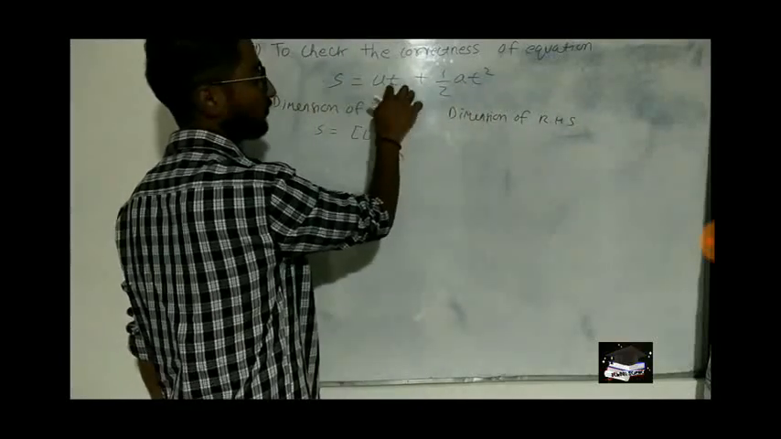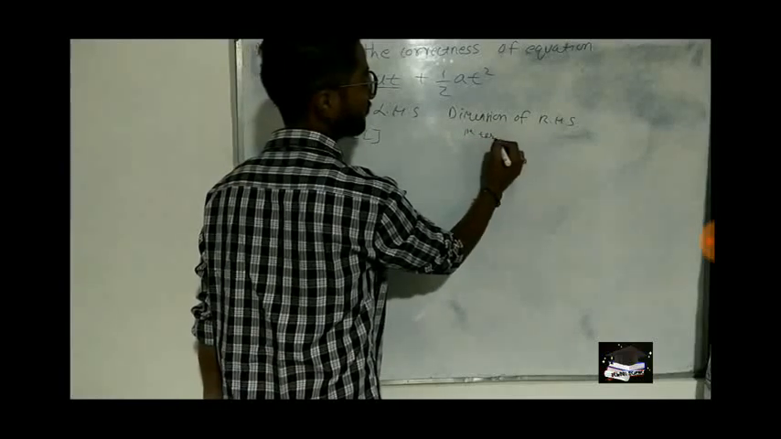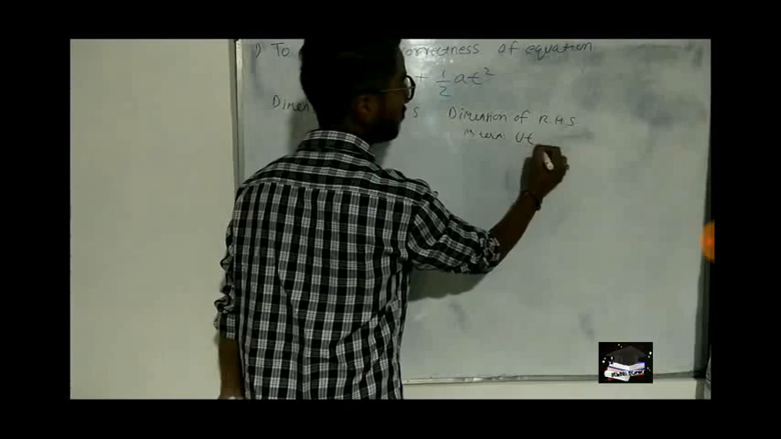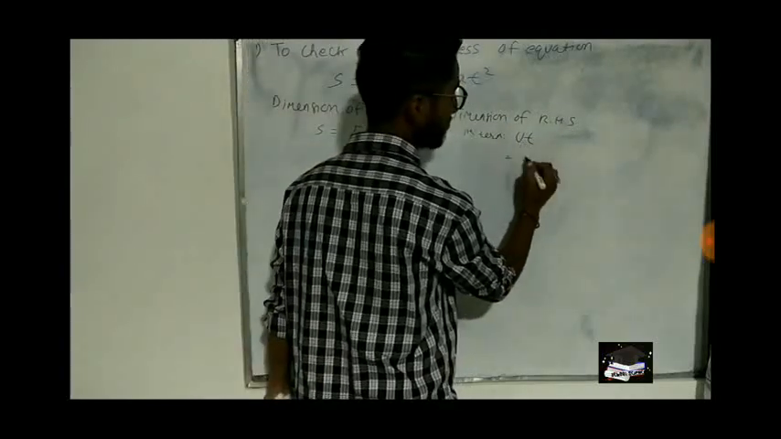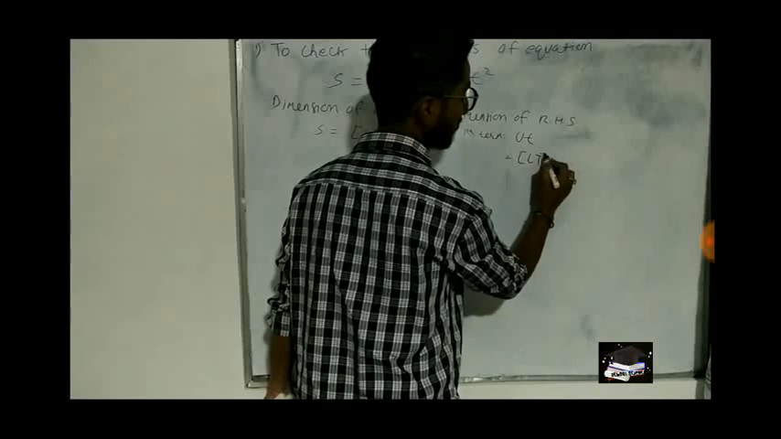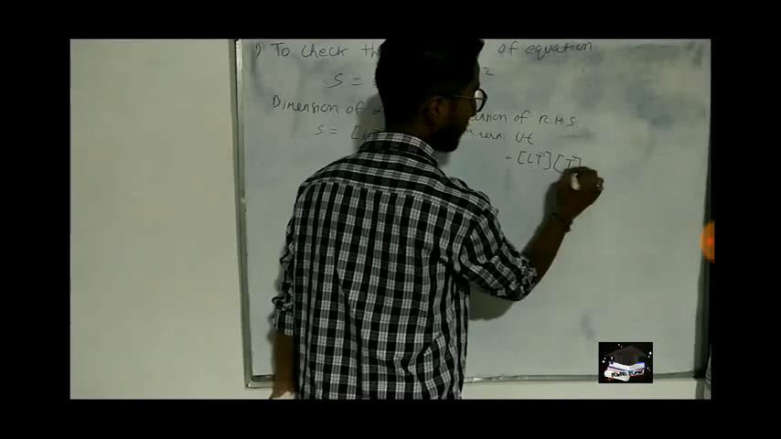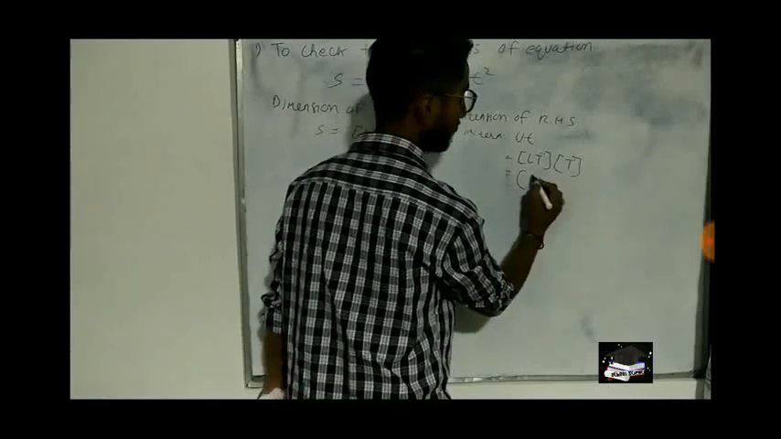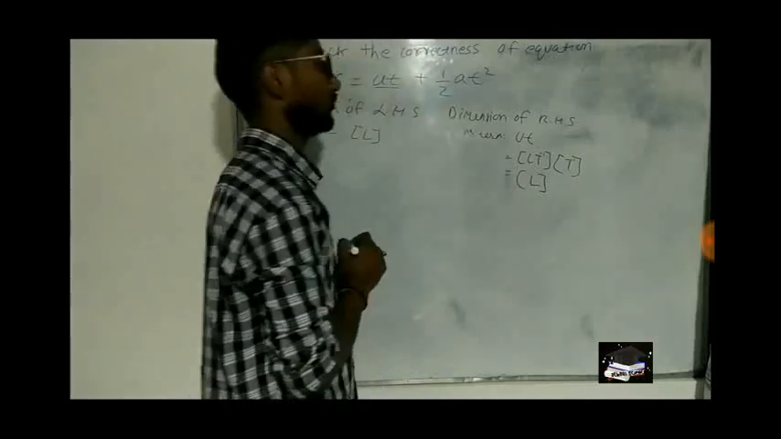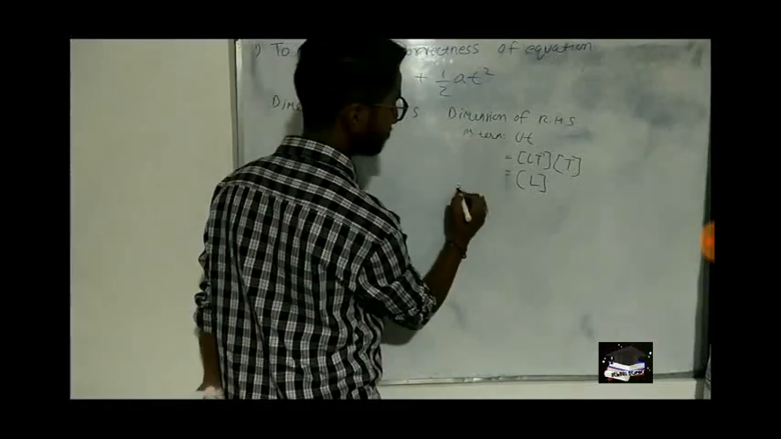Now right hand side. First term is ut. Okay. Now let's write the dimension. U means velocity, LT to the power minus 1, but t is time, so minus 1 plus 1 equals 0. So we will not write that. What is the only one remaining? L. Okay. Second term,